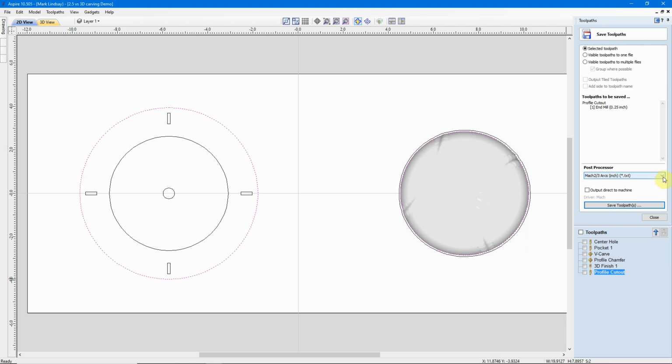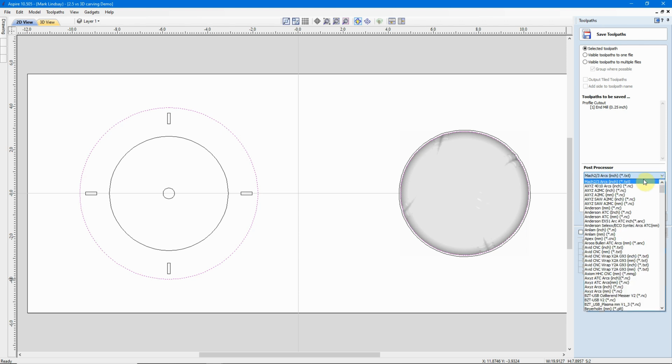If you use a machine that has a proprietary controller, like the Avid CNCs here, an Axiom CNC, just any of them on this list, Bob CNC, Bridgeport, you get the idea. If your machine is on this list, or you know you have a proprietary controller, CNC Shark, whatever,